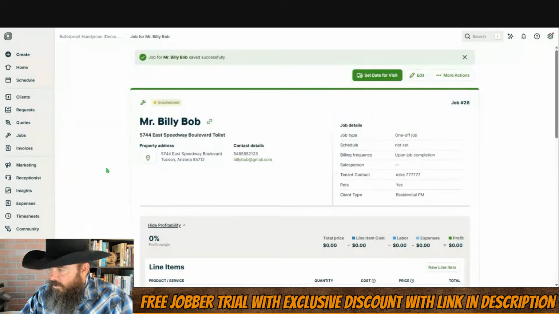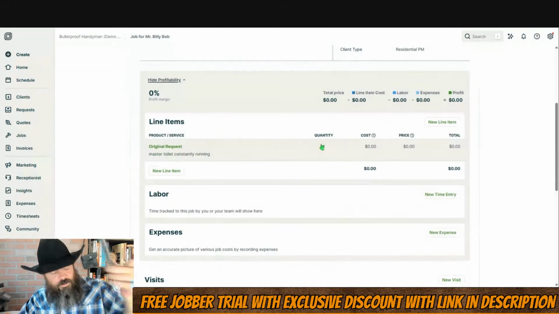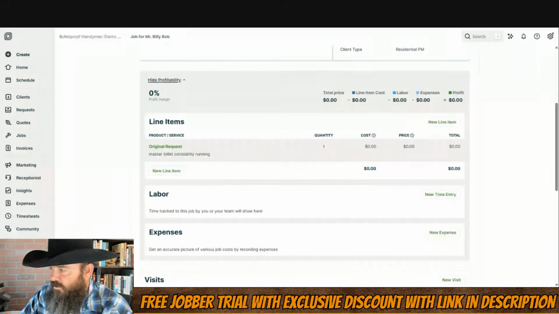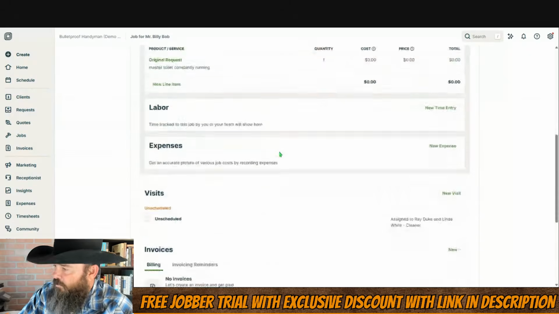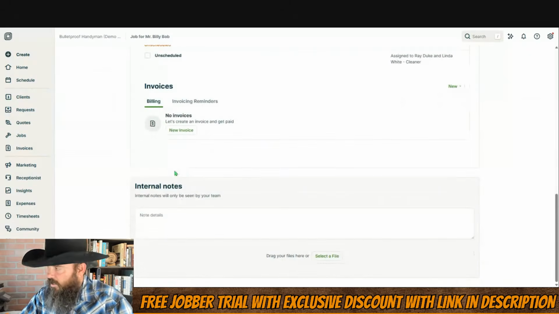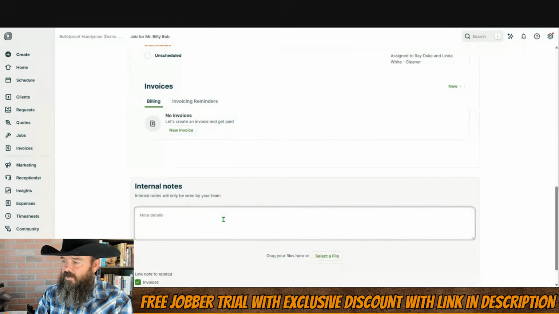And what we're going to do, because we saw that this said master toilet constantly running, we're in our phone, by the way, using the Jobber app on the phone or a tablet, usually on the job. And we fixed the toilet. We replaced the fill valve in the toilet. So what we're going to do is come down on the job, come down here to internal notes, and we're going to say,